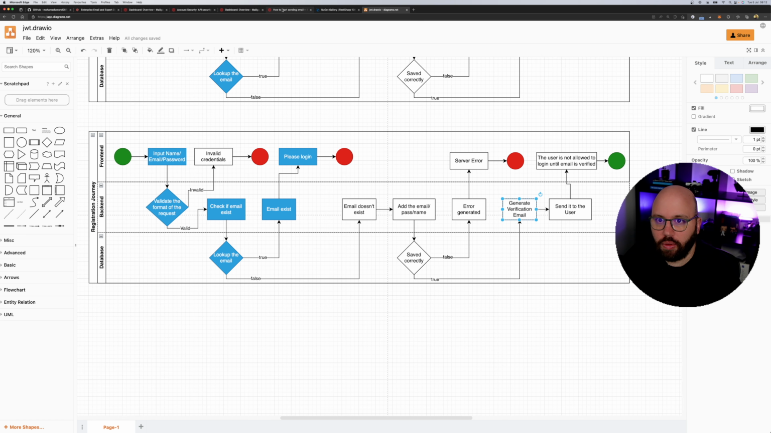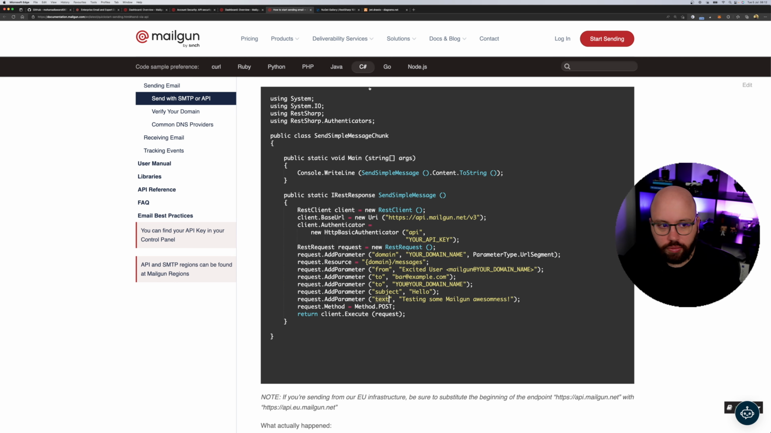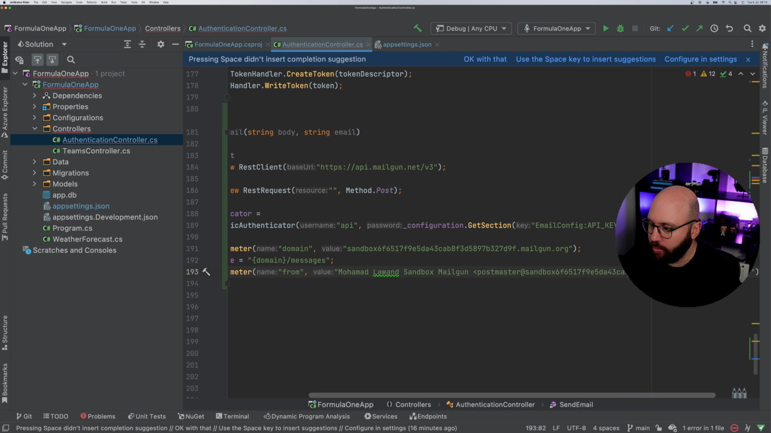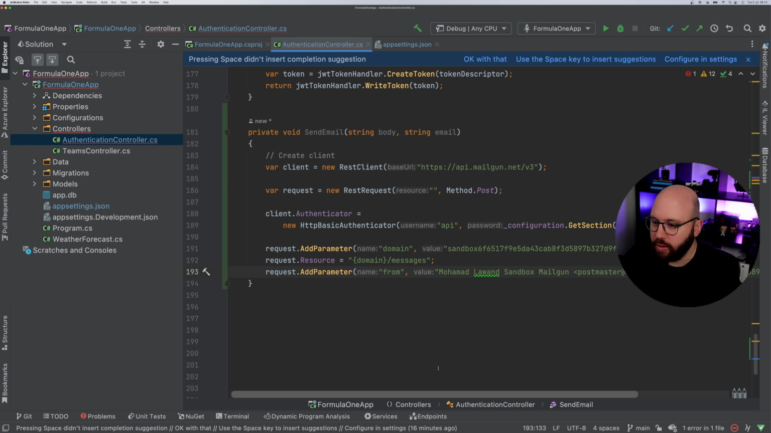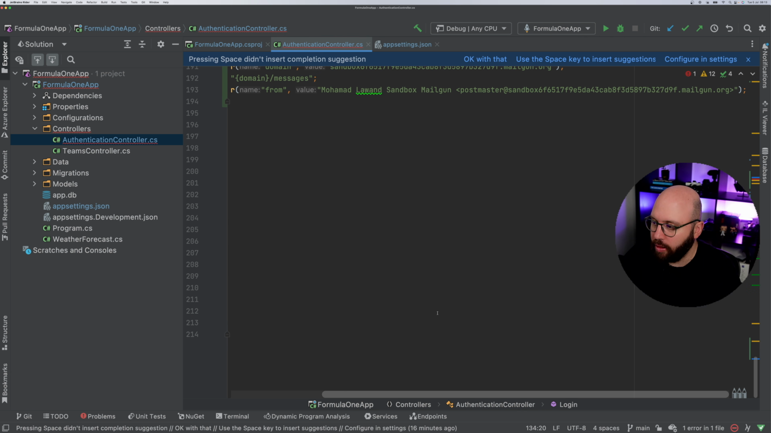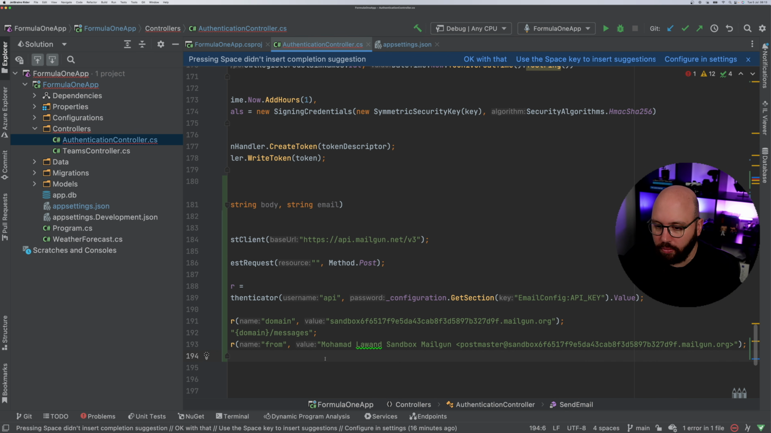So let's go back to the source code. That's going to be the first thing, from. And what we can do is, let's put it like this. It's going to be postmaster at this sample domain that they provide us, just so we are consistent. And the next step is, we have already added the from. The next step is going to be